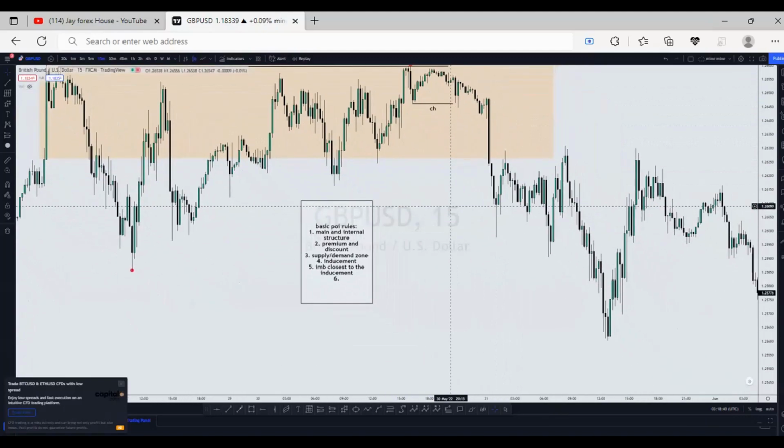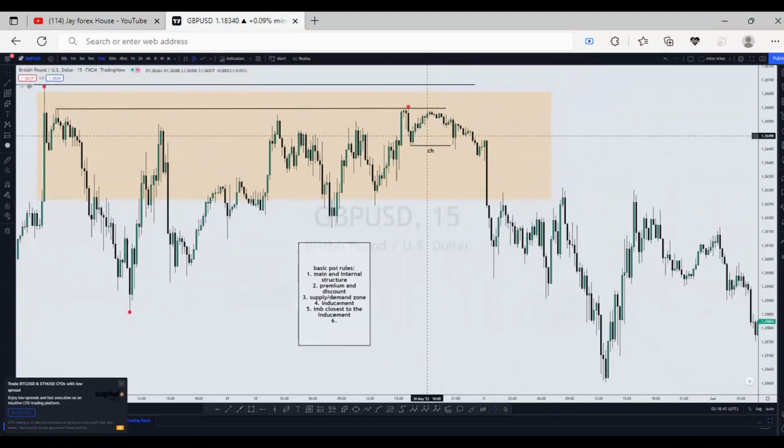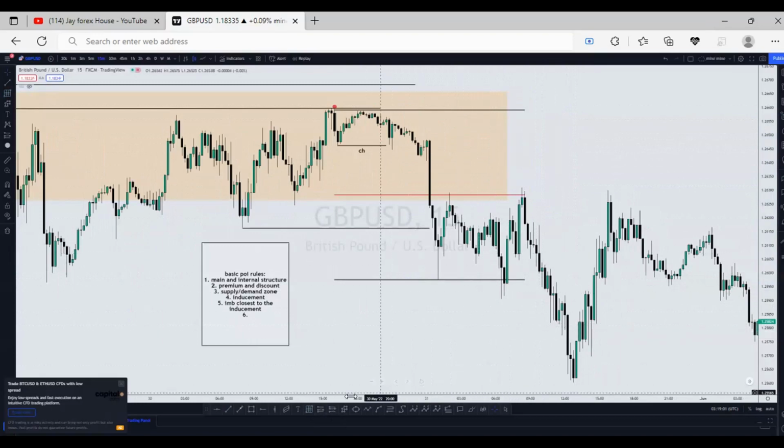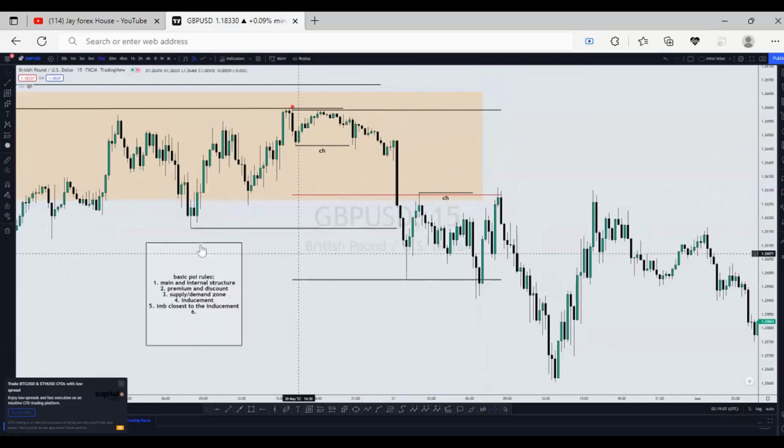So this would have been how the refining would have gone, but I would expect price to clear out these highs probably after this change of character over here, but price never did. But then we got the main confirmation when price broke its low. So this became our new range which we expect price to react from, and you could see clearly price came into this, cleared this liquidity, which was the internal high. Like I said, main structure, internal structure, we found a range after a break of structure. This became a new range, right? Where was the internal structure, we had these highs, and supply and demand zone, which was the closest POI to this, we had